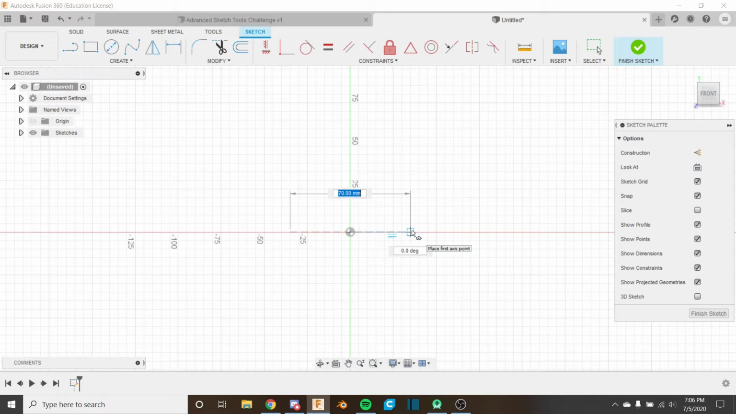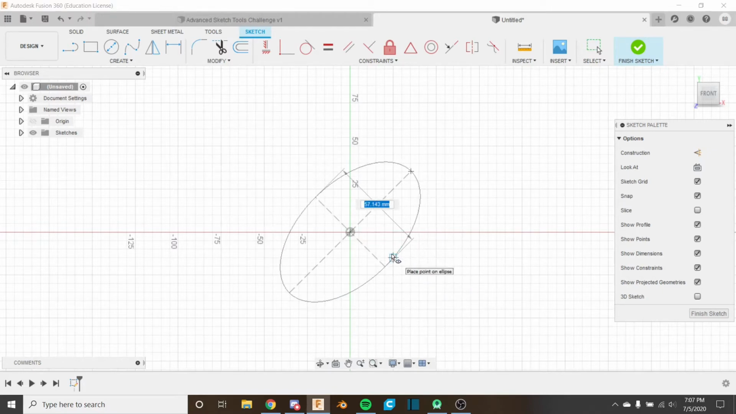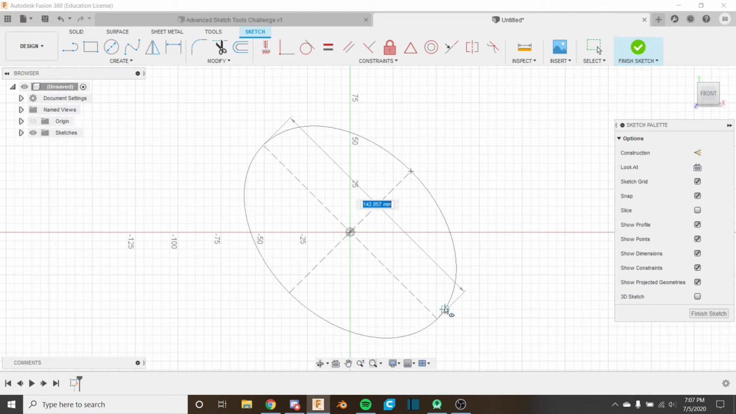We can specify the angle, which you'll later see is the rotation of the ellipse, and we can specify the distance. So if I just choose, let's say, 100 and 45 degrees, then the next thing it's asking us for is the height of the ellipse. So we're just placing a point which will become on the ellipse, and the dimension here is the height of the ellipse. So if I do